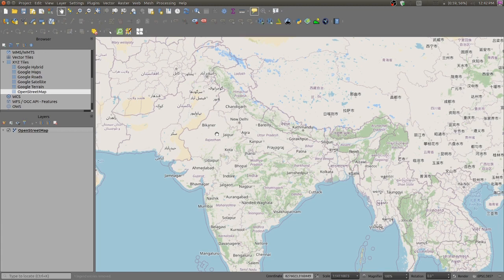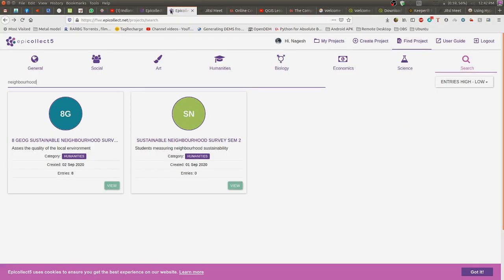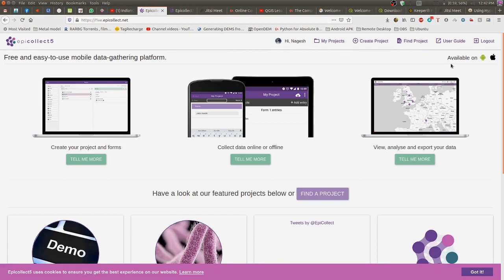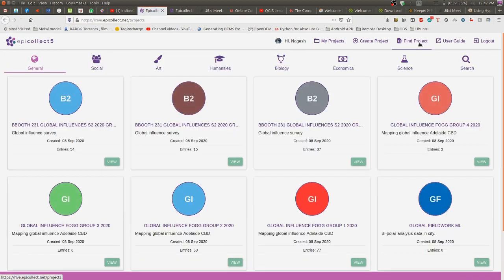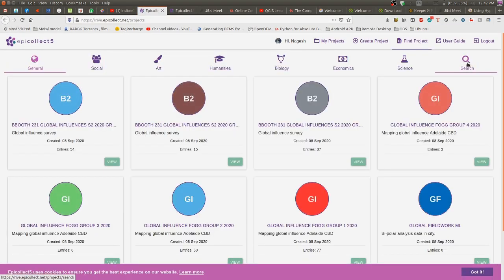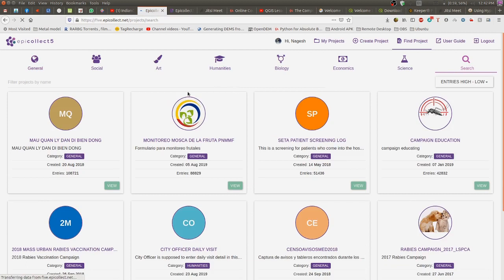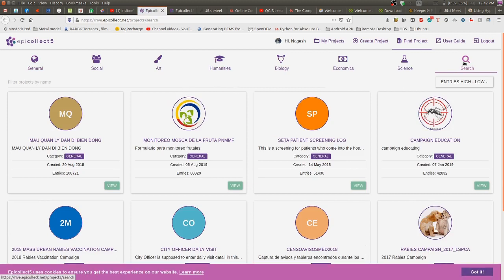Now we have to go to EpiCollect, and search for the project which we are interested in. We know the name of the project. Go to the search button here and type the name of the project.